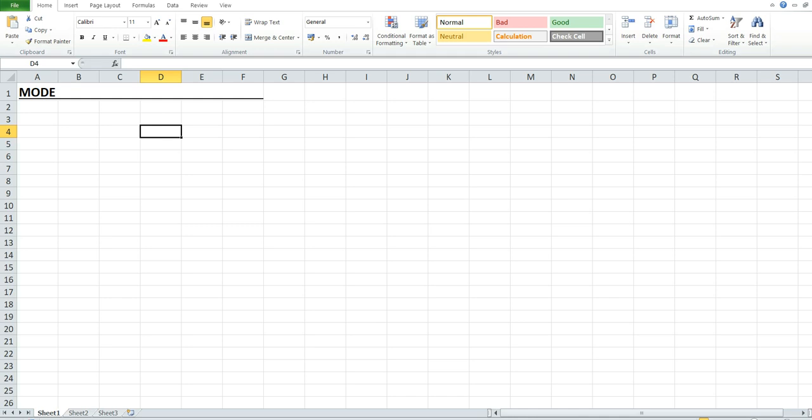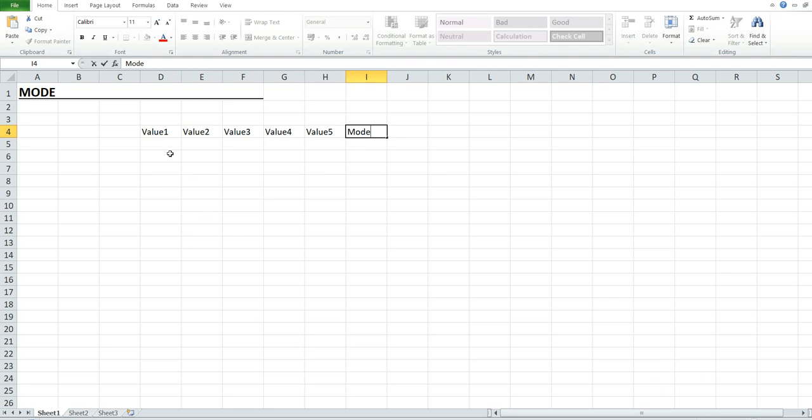So I'm going to create a table with value 1, value 2, value 3, value 4, value 5, and I'm going to use a mode column as well.